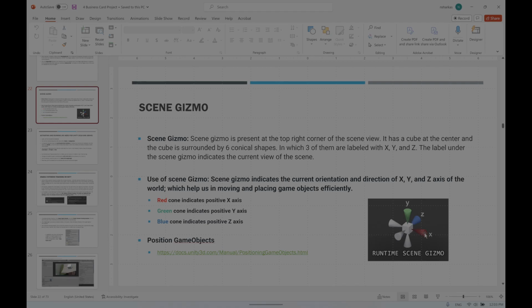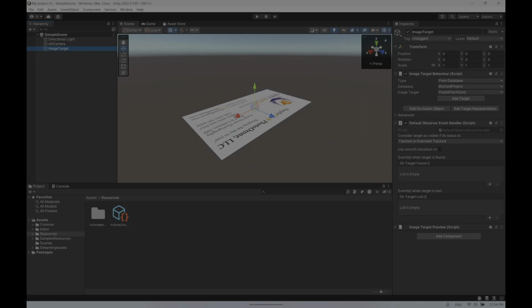The positive side of the x-axis is represented by the red cone, while the other side is the negative x-axis. The x-axis shows you right and left, and the other axis is the y-axis, up and down, and the green cone shows the up or the positive y-axis. The z shows the front and rear, and in blue it is actually facing the front direction. All right, so now this is an object gizmo, this is a scene gizmo,